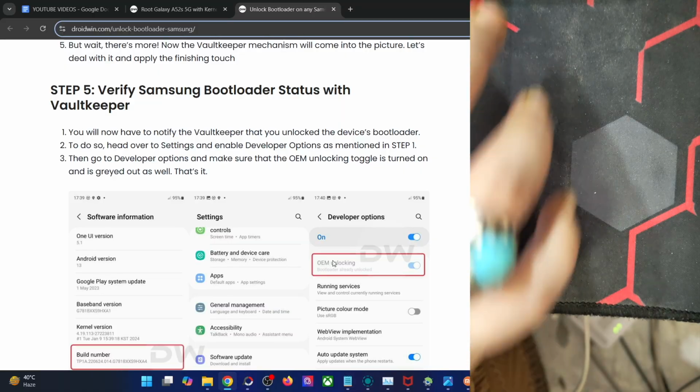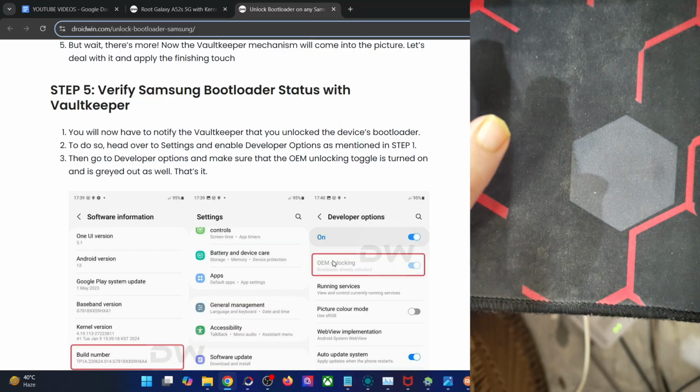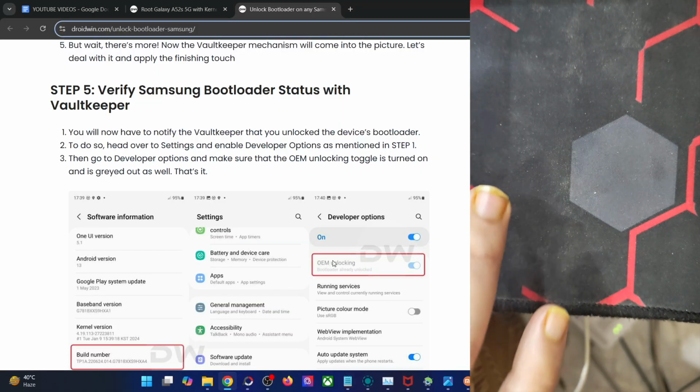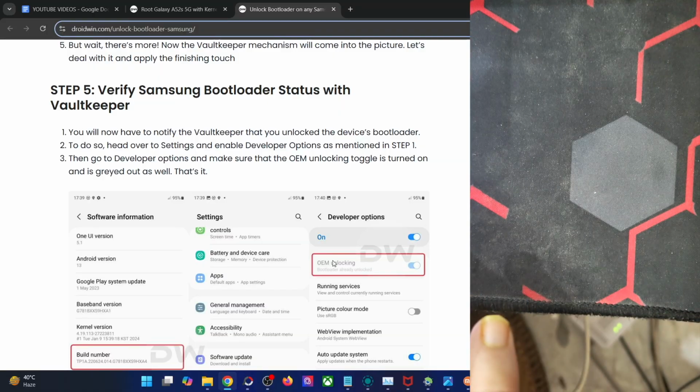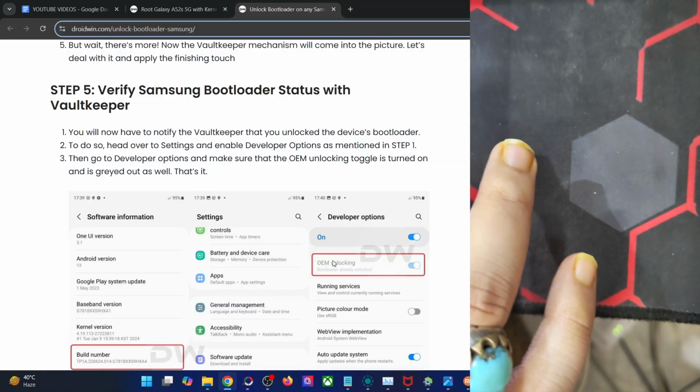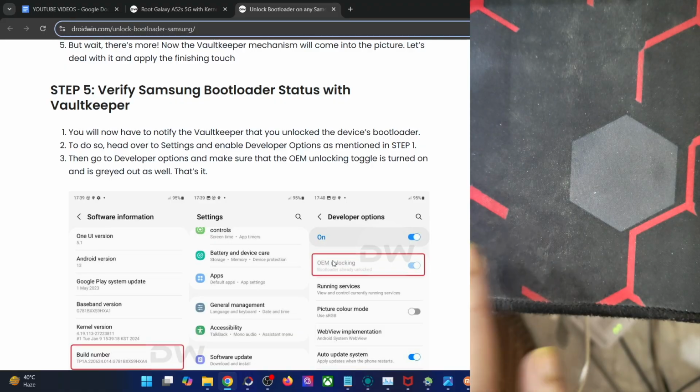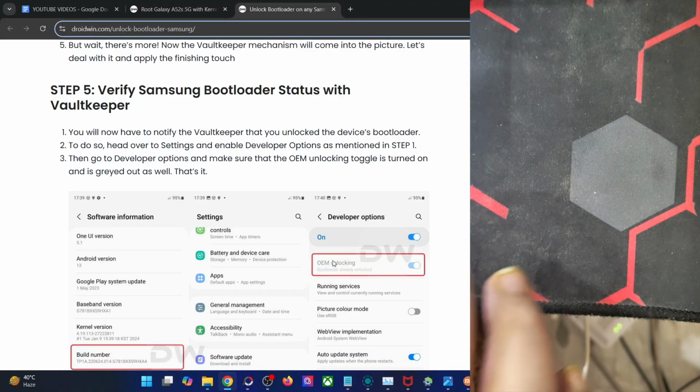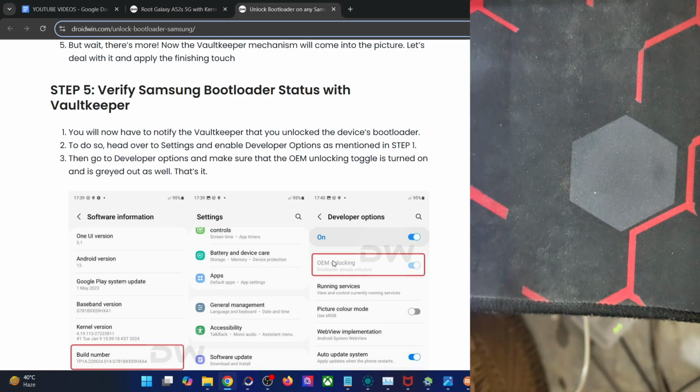So for that, just connect the phone to the Wi-Fi. Just give me a second. It will take around 4 to 5 seconds at the very max. Let me now connect my phone to the Wi-Fi. Let me input the password as well. This is the password, and it's just done.